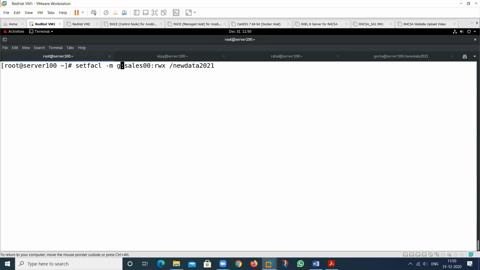See, we have a user. The user name is admin. This is a user, and I want to, not Rahul, because this user belongs to that particular sales group, but I want to provide only read execute permission.